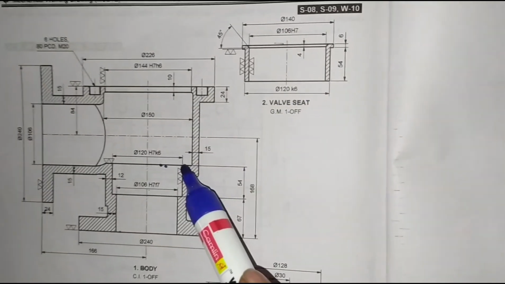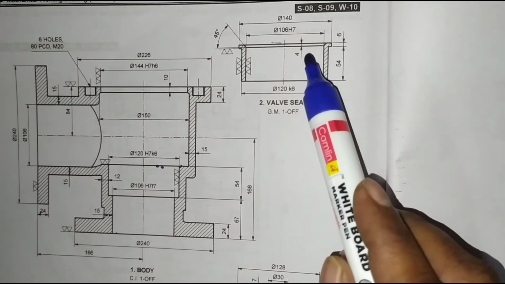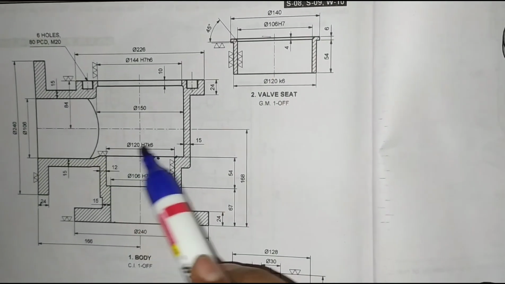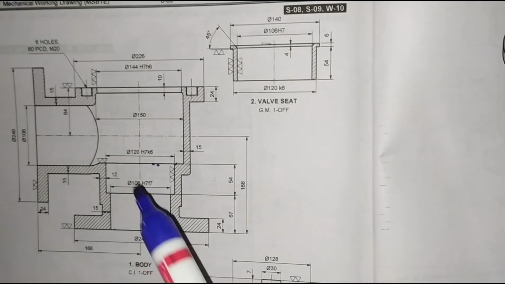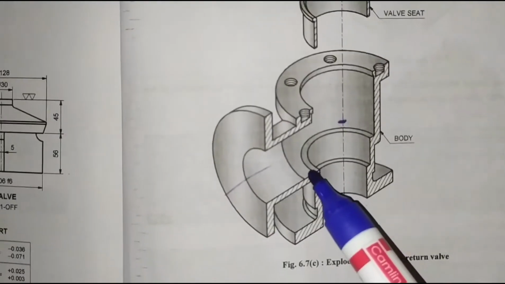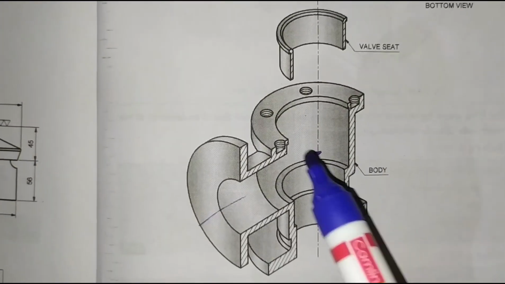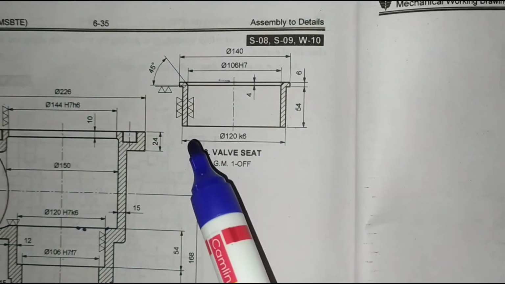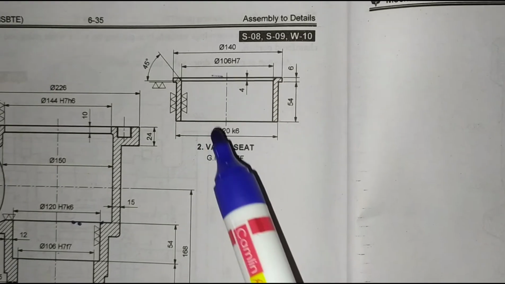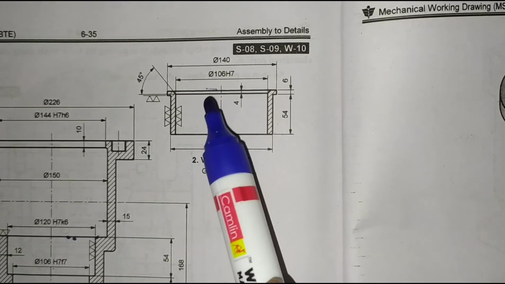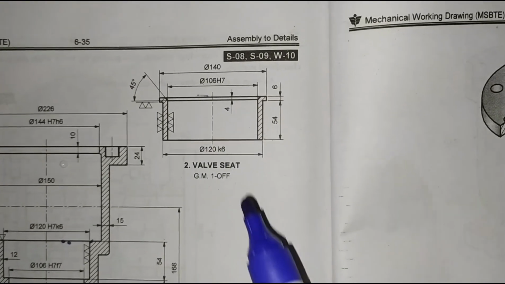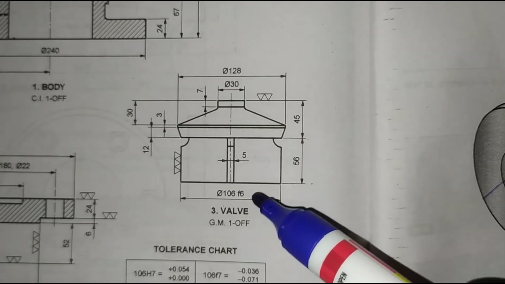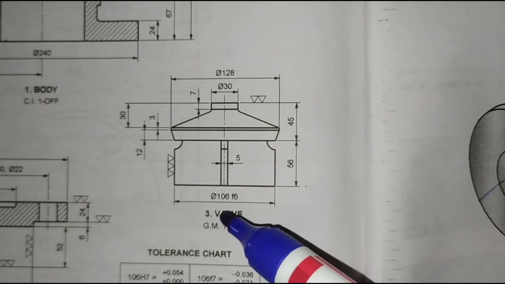What is the height? This is the upper portion, that is 120. This is above 120 mm diameter. The 140 mm diameter rests on these edges, at this position, the highest diameter, the top face is rested. Now what is the internal diameter of the wall seat? It is 106 mm. Now here if you look at here, 106 mm, it is a cylindrical part.